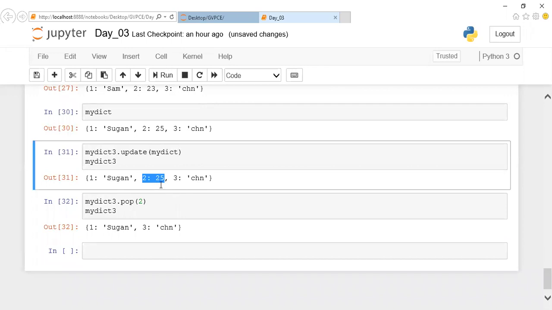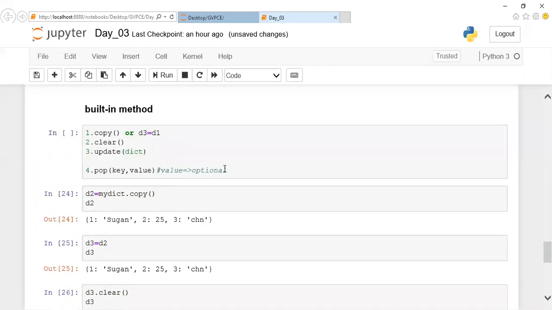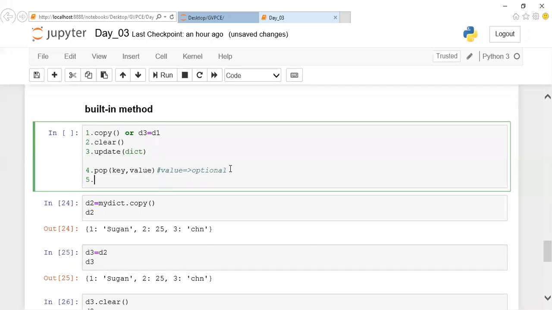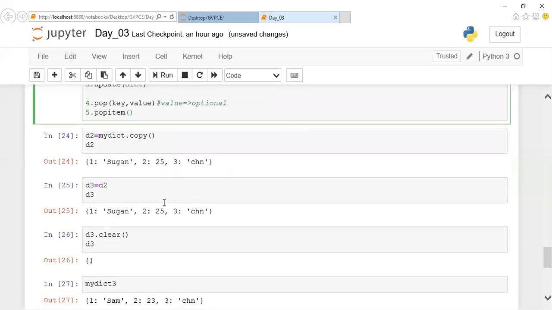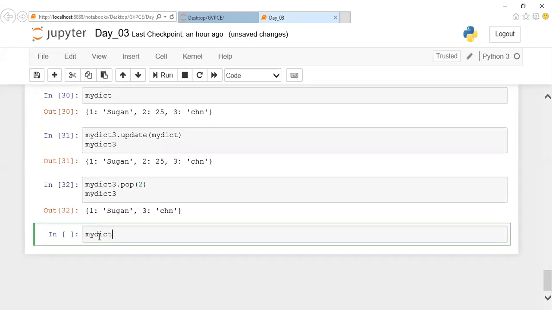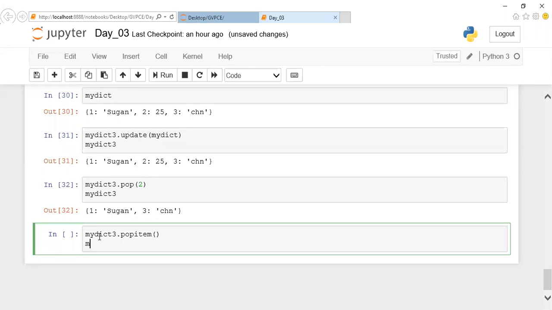Okay. And next, one more method is available to remove data, that is nothing but popitem. The next method is popitem. Your popitem will start removing from your right end. So now let us assume this is a dictionary, right? Now if I mention my DACT3 dot popitem and call this one, and let me display my DACT3, right now only these two data are there.